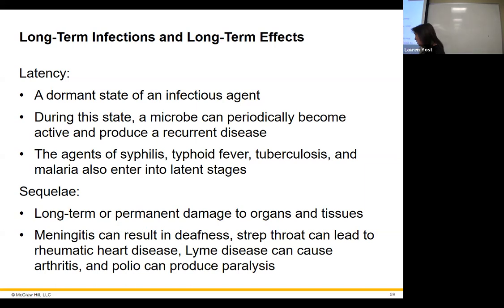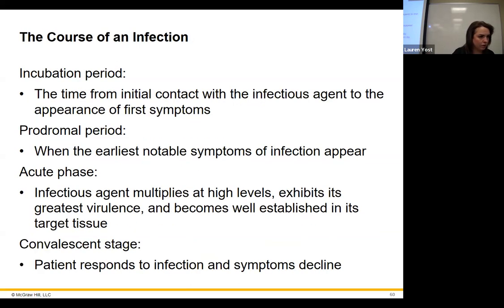So he wasn't sick with polio while he was the president, right? He wasn't sick with polio during that, but he was paralyzed. And that was a lasting effect of having had the polio. So he had polio, cleared it, but still had paralysis as a result. That is a sequelae or sequela. It just depends on who you ask. I say sequelae. That makes most sense to me.